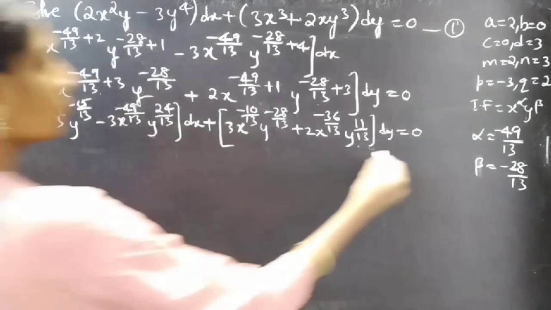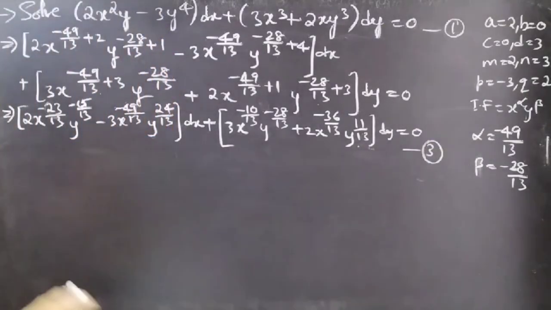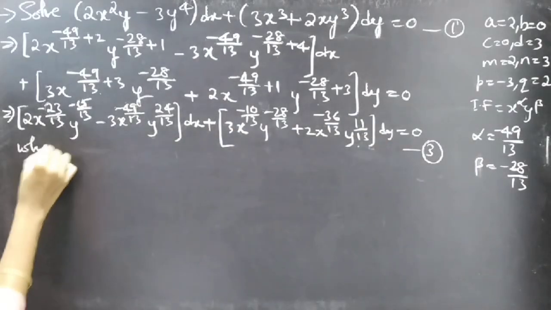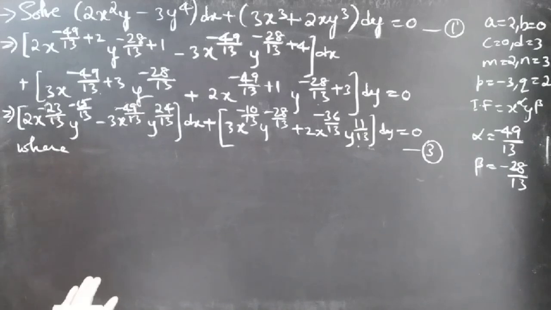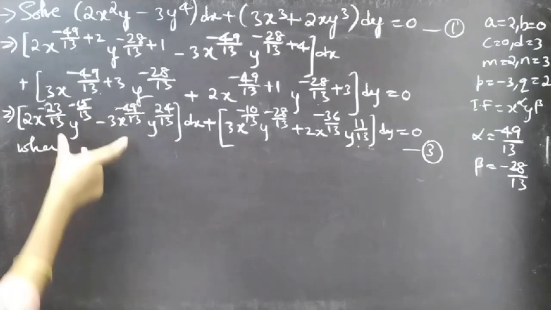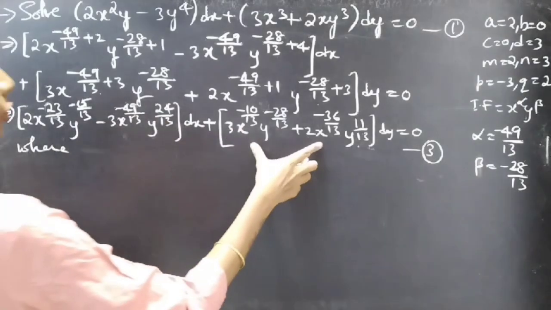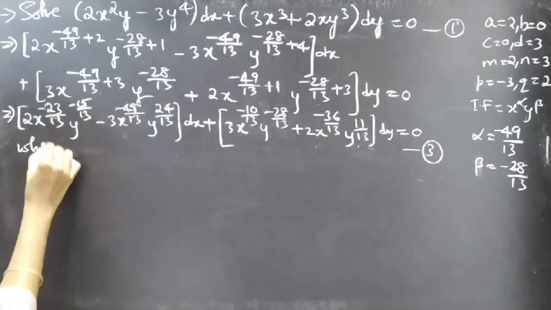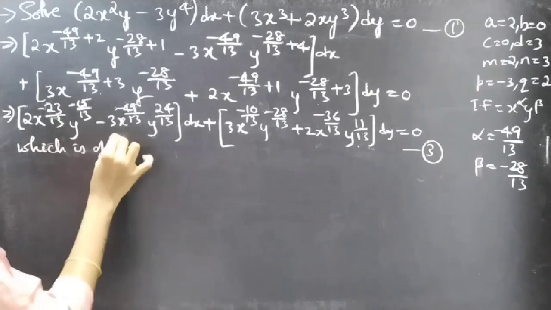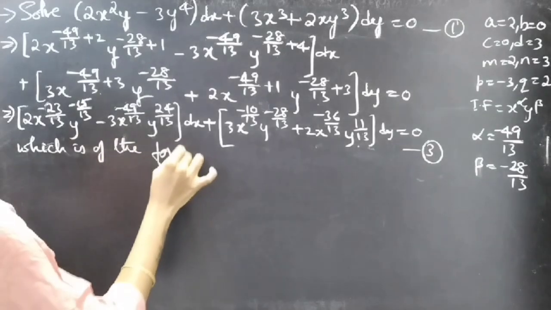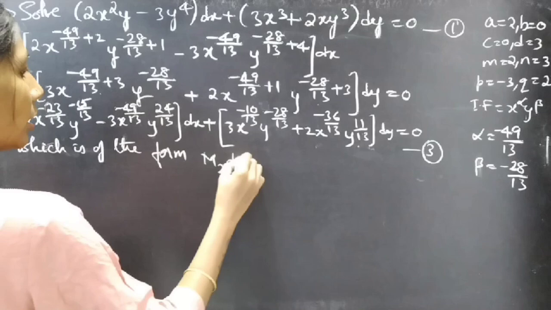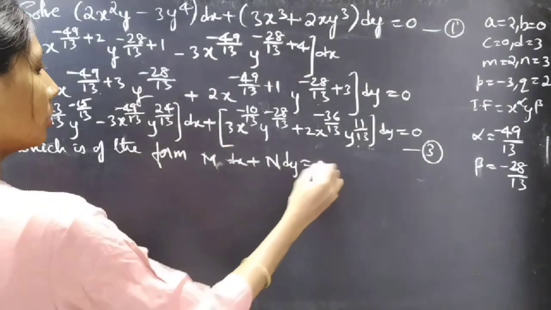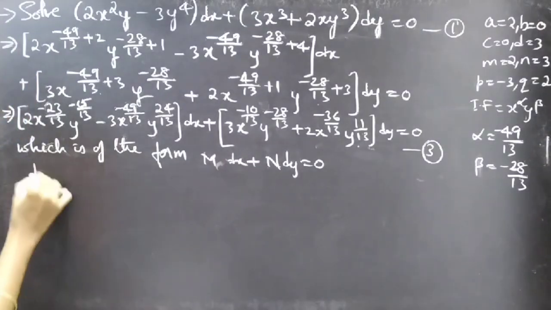Now consider as equation 3. The reduced equation is considered as equation 3, which is of M dx plus N dy equal to 0 form. Or you can write it as M2 dx plus N2 dy equal to 0 for M2 equal to the quotient of dx and for N2 equal to the quotient of dy, which is of the form M dx plus N dy equal to 0 for M equal to